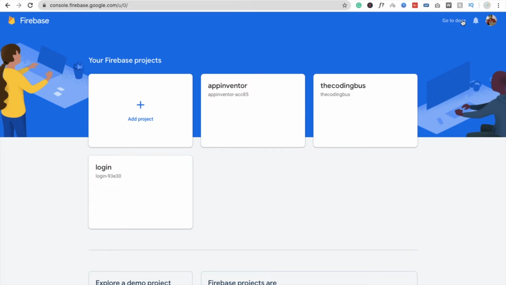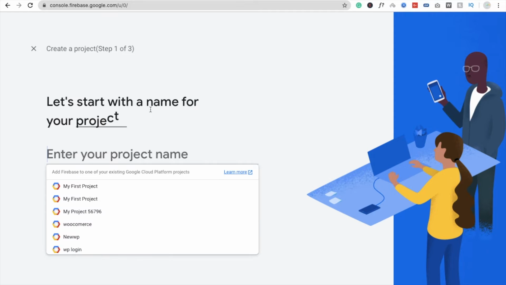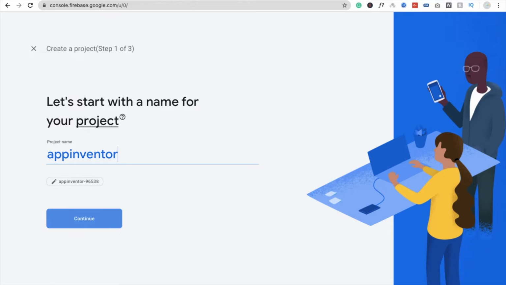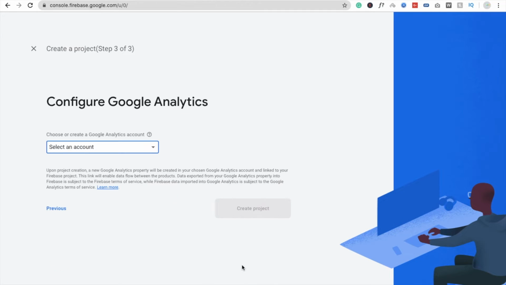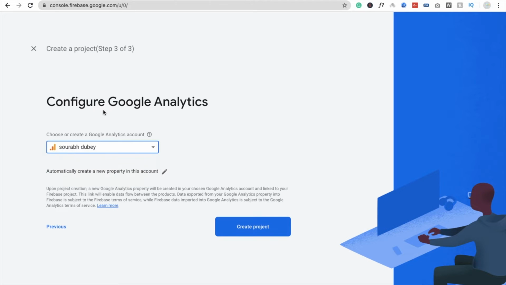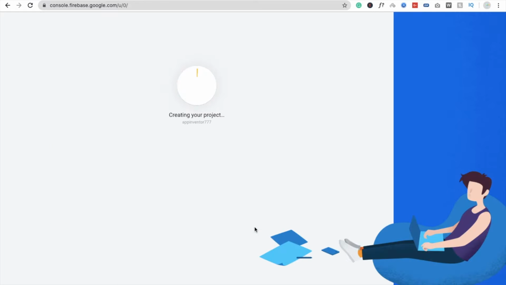Now you will see Add project. So I'm going to click on Add project, and here I have to enter my project name, and that one is App Inventor 777, and just click on continue, and then click on continue, and you need to select the account that is connected with my analytics. If you're not able to find it, you just need to click on Create project. Simple. You don't need to worry about any other options. Just next and create project. Simple. Okay,